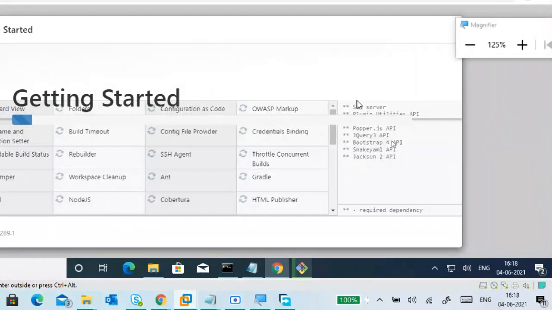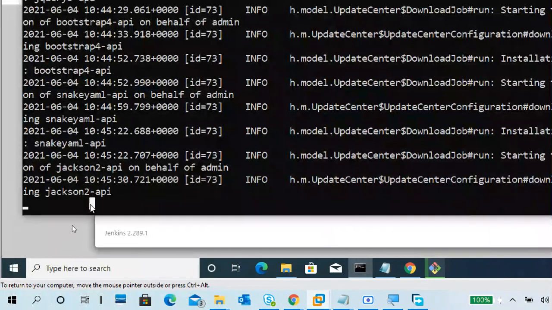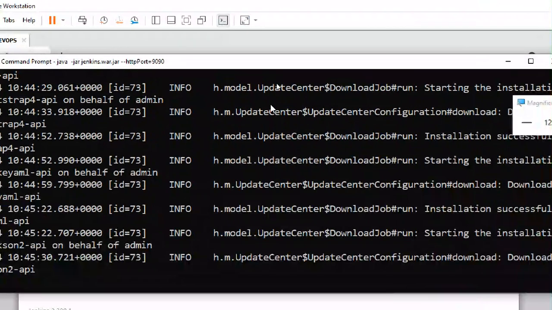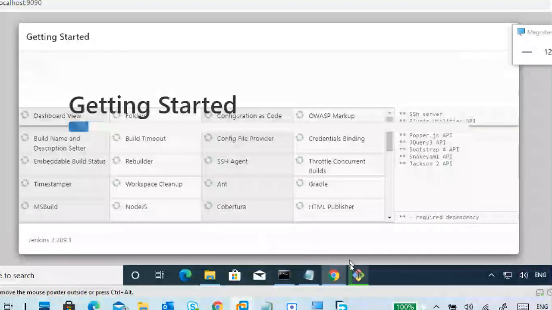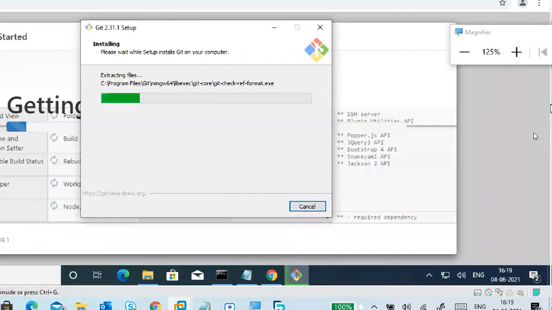Is it going on? It is going on. Good. Let it go on. So don't close this one. Just minimize it. Keep it aside. Let Git also install.